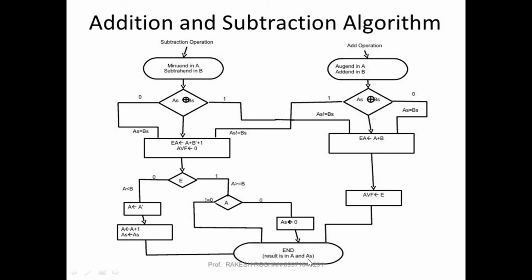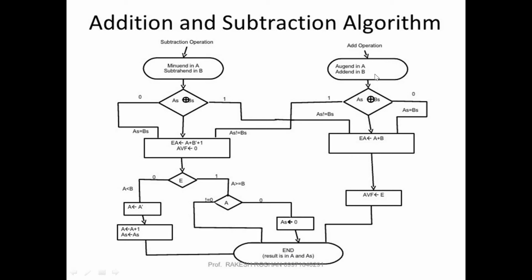That means S is the suffix, the sign magnitude, either a positive bit or a negative bit. A single bit value will be stored into the AS. The overall sum will be stored into the A, with the help of either the addition operation or the subtraction operation. The overall aim is to calculate the operation, either addition or subtraction. The overall result will be stored into the A, and the sign magnitude binary value will be stored into the AS.